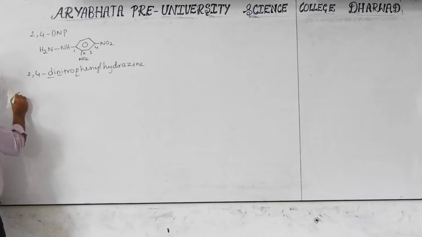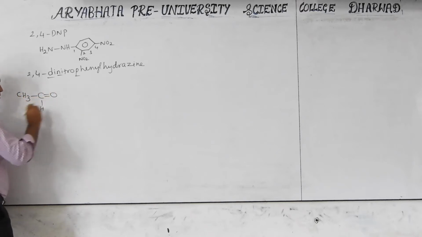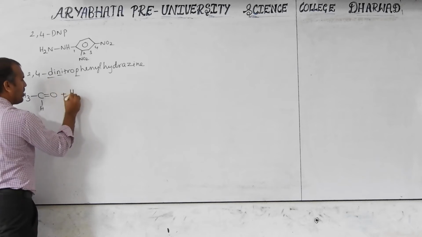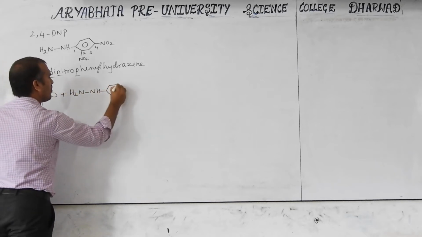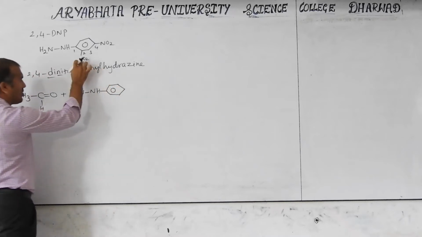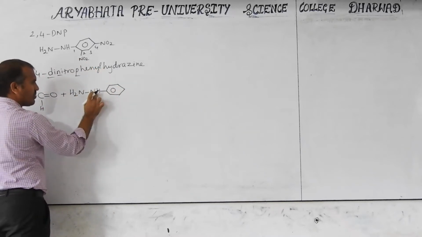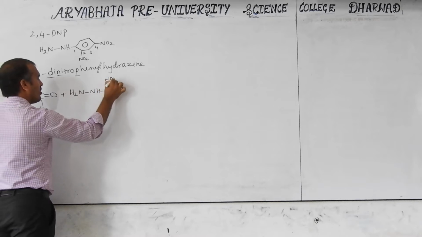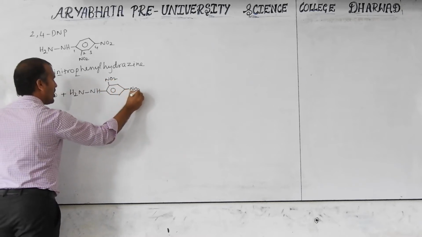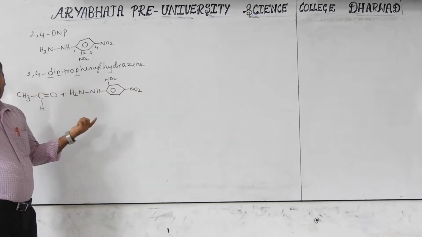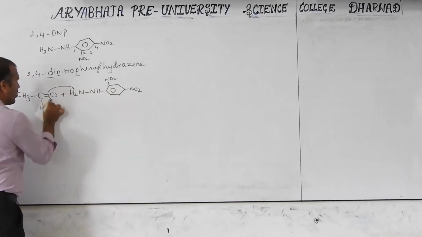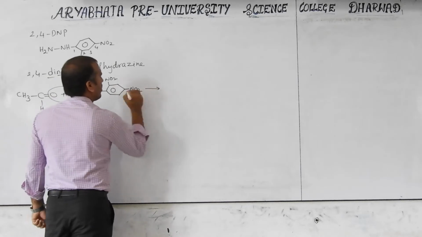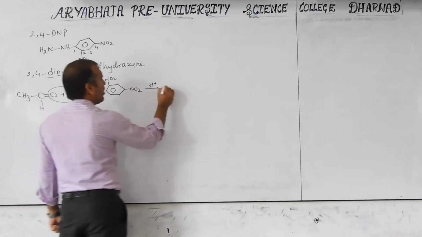Now if you take an aldehyde, one example is CH3 C double bond O H. React this with 2,4-DNP, NH2 NH. You can write it here, because both are at the second position with respect to the first one. I will write it to avoid confusion. This one also we can write, because anyway there is a second position. This is first, second, third, fourth. Then here a water molecule is lost in presence of acidic medium.